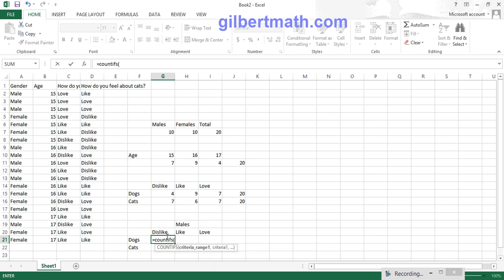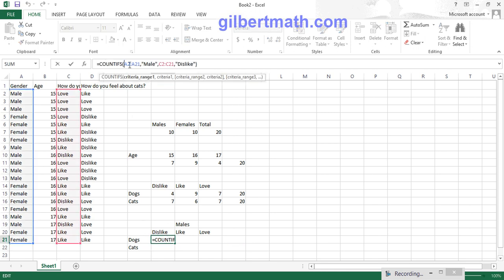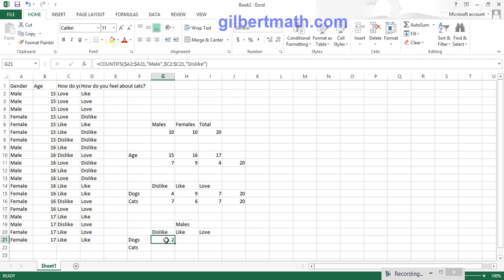So for us to do this, we're going to say equals Countifs. Again, we're going to be looking at two things here. So first, we're going to count if they're a male. So we highlight this, comma, quotes, male, and then comma, and now we're going to go to the dogs column. So they're a male and they dislike dogs. So this shows us that two males dislike dogs. Now we're going to go up to the formula here. What we're going to do is lock in the columns, pardon me,